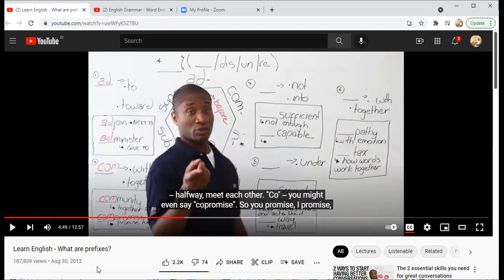Jadinya kalau community itu kan kita tuh membentuk suatu, we build a society together, or we build a small group together that have the same goal or the same interest together, and we can say we have a community. Jadinya kan kita membangun suatu komunitas ya, yang memiliki kayak tujuan atau